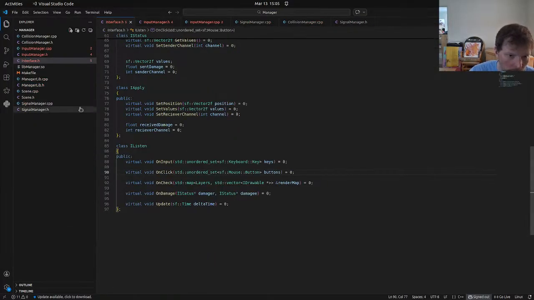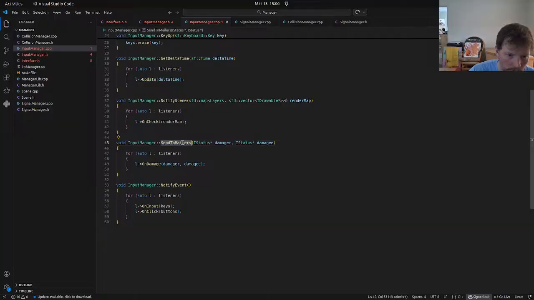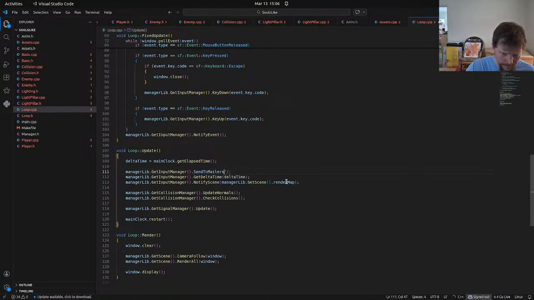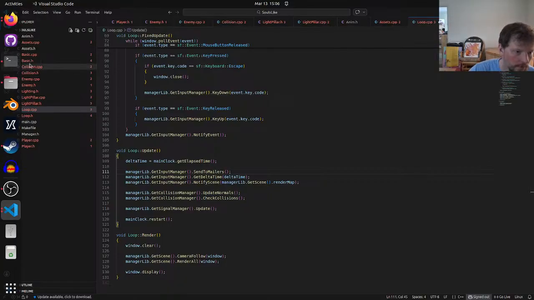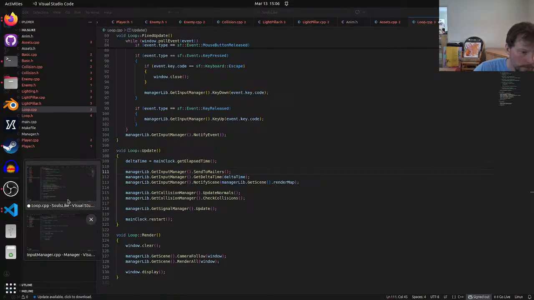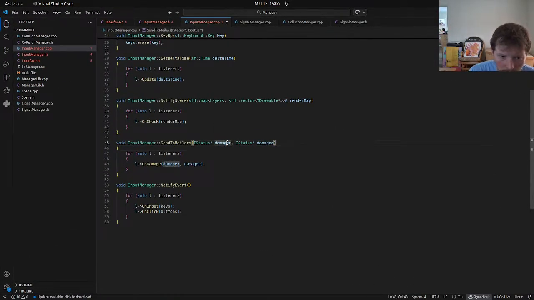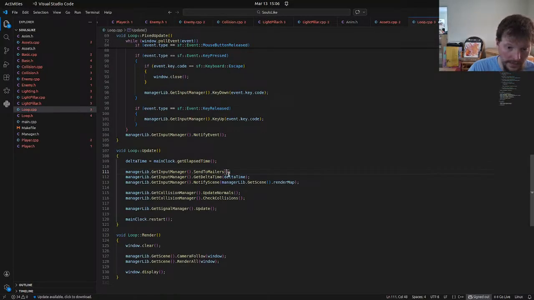Going to come back over here, input manager. This is what we want. And this send to mailers here, if we notice, it needed a single damager and a single statuser. Of course, you know, this is going to have to be different in time, but for now, I think if we did,